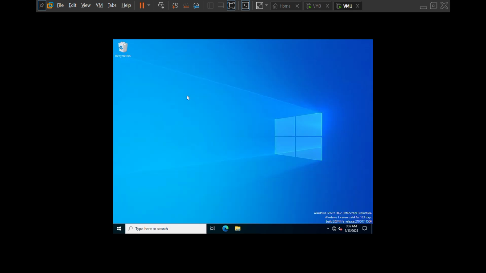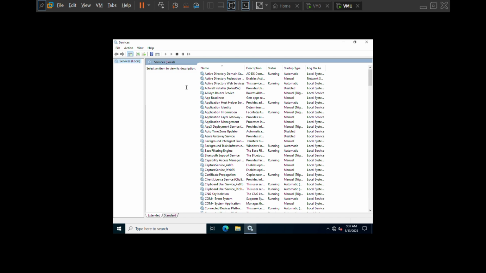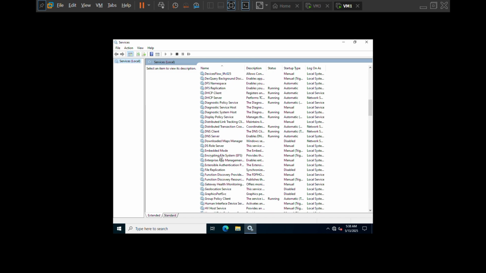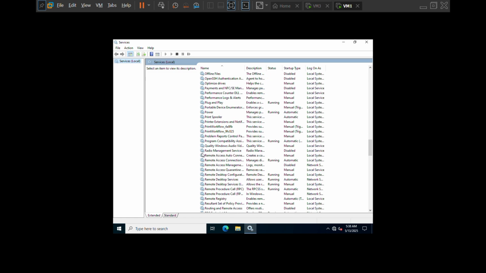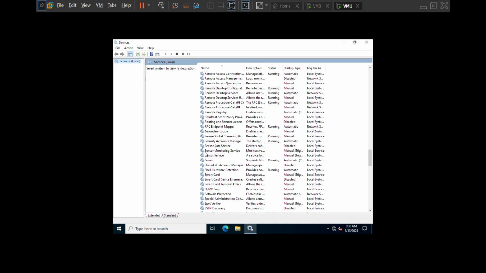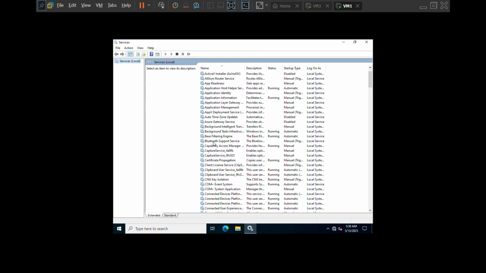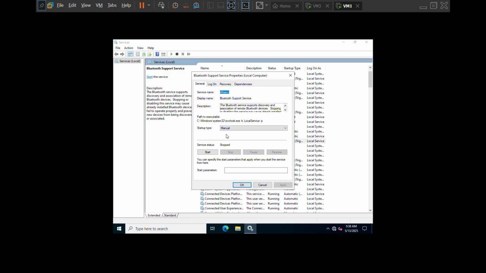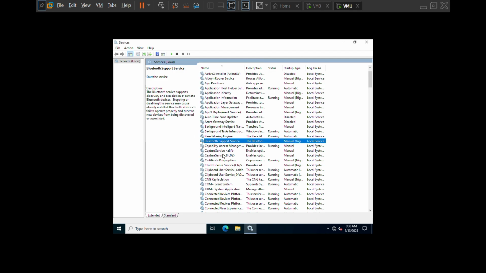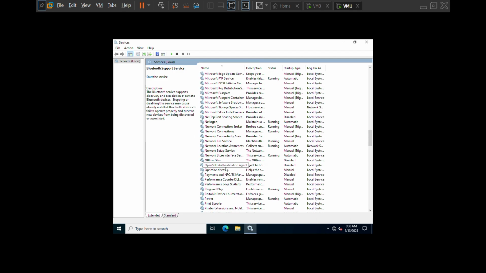Moving on, I need to disable unnecessary services to minimize the potential attack surface. First, I open the service management by typing services.msc, or you can type services in the search bar and find it, or you can also use the Win+R command. As you can see here, I locate the Bluetooth Support Service, which is not needed on my server, and I set it to disabled and stop it from running. Similarly, I do the same for the Print Spooler service, as my server doesn't handle printing tasks.